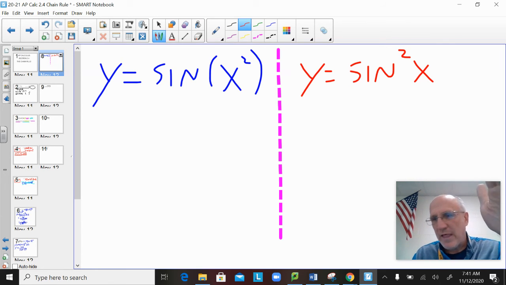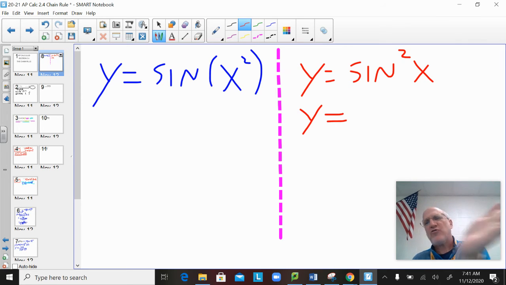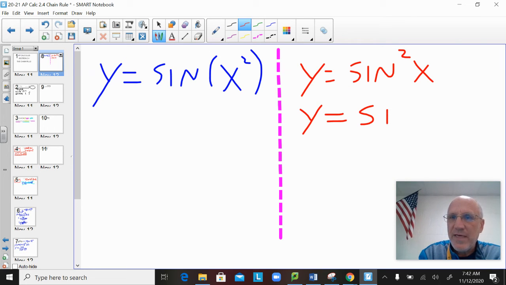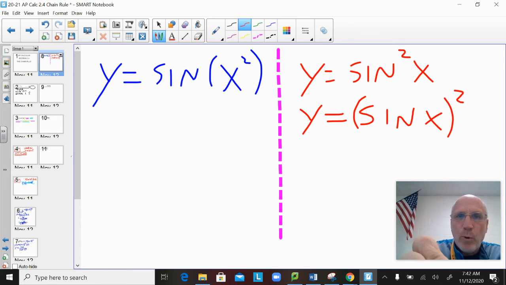But I actually don't like that notation. You need to know that when you write sine squared of x, and you saw that when you did trig identities, sine squared of x plus cosine squared of x equals 1. Like you've used that notation before. You have to know that when you use that notation, that is actually saying this. That's the sine of x, quantity squared. That's what that means. And that's important because